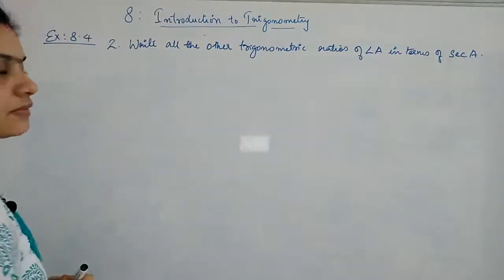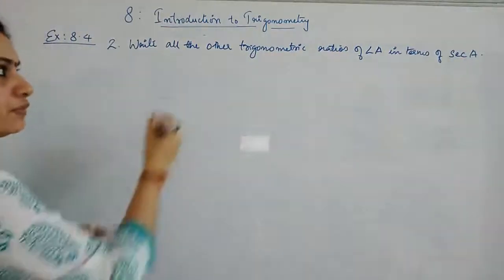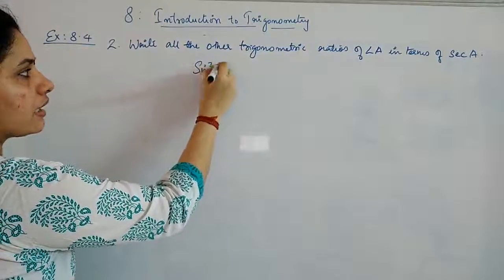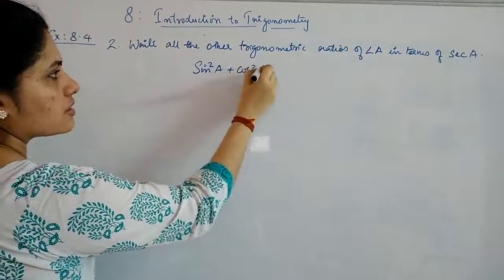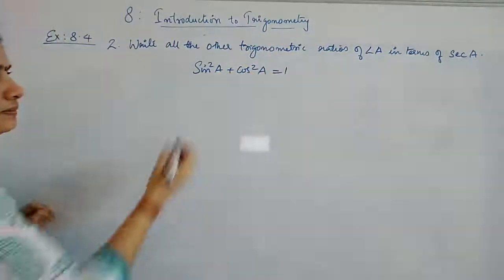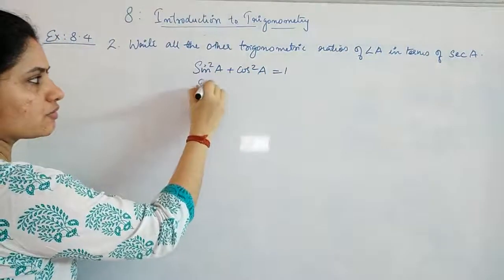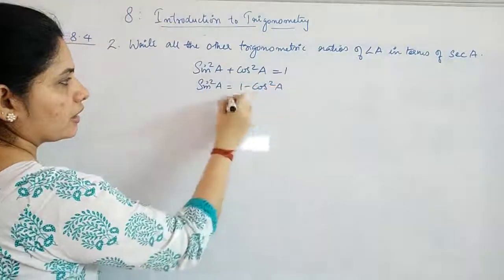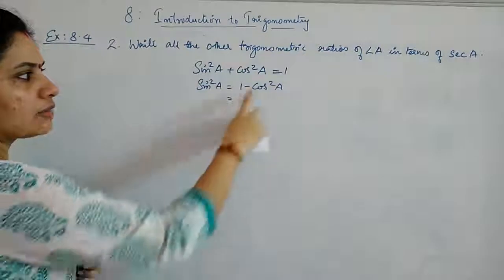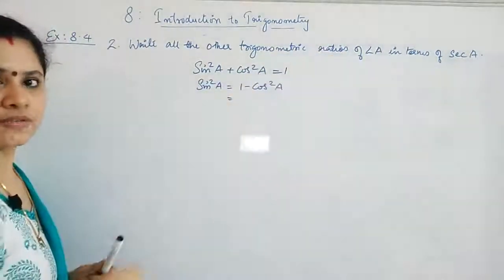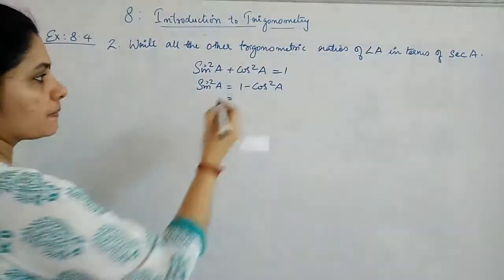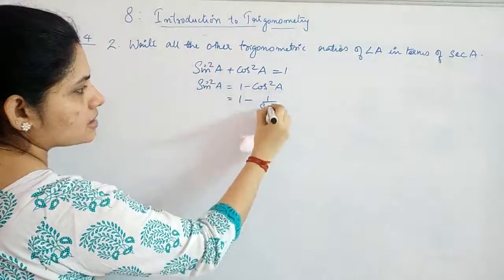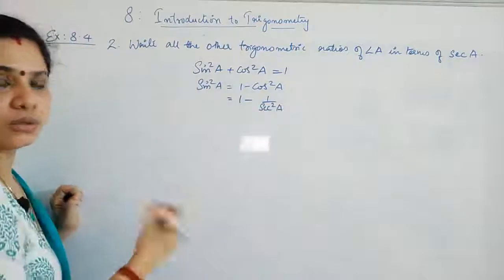So first we will start with finding out what is sin A. For that you are taking the trigonometric identity, sin square A plus cos square A is equal to 1. Again you need sin first, so sin square A will be what? 1 minus cos square A. Now why we are writing like this? Because cos can be changed in terms of sec because it is a reciprocal of sec. So you can write cos square as 1 by sec square A, or 1 by sec A the whole square.